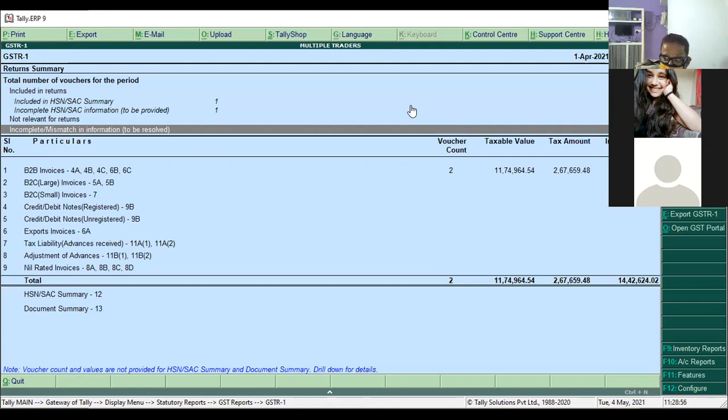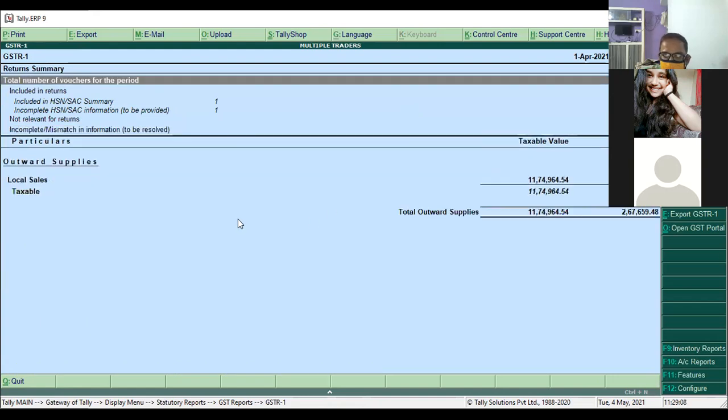Okay. Now, what is being asked here is how to view in the table view. So, just a view summary we find in table format. View summary. This is the table format here. We made only sales. We did not purchase anything. We show only the sales table view. That is the whole table view.